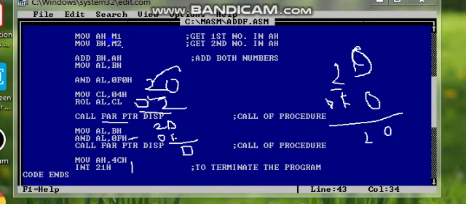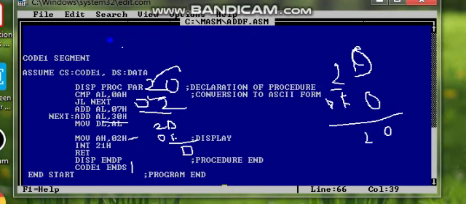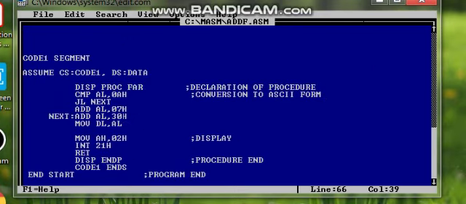So what is in the FAR procedure? See, this is the FAR procedure, CODE1 segment, and here we have assume CODE1 as CS and data as DS, and this is the procedure, that is the FAR procedure.